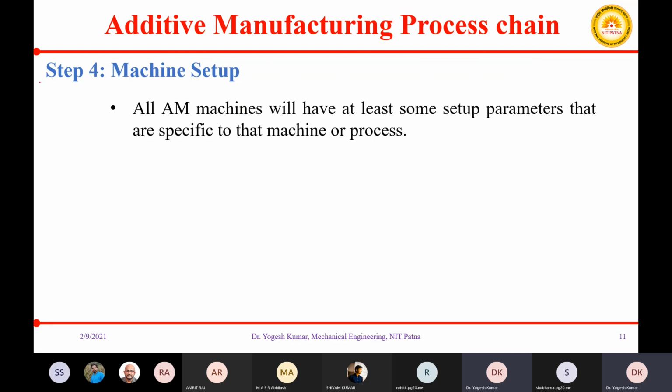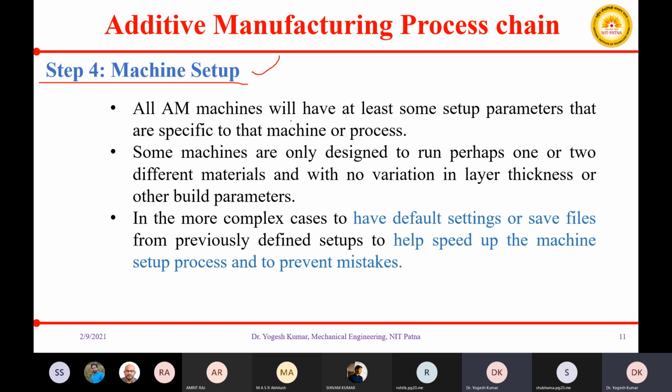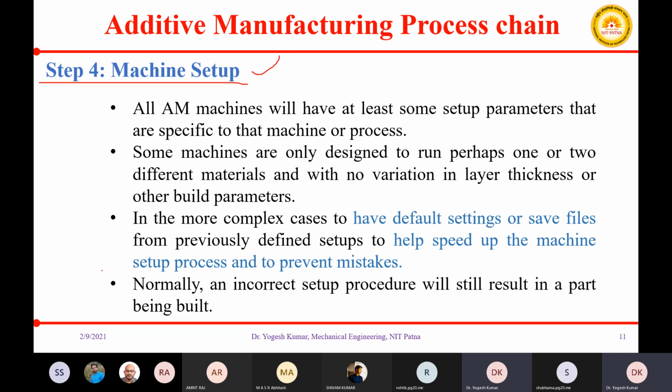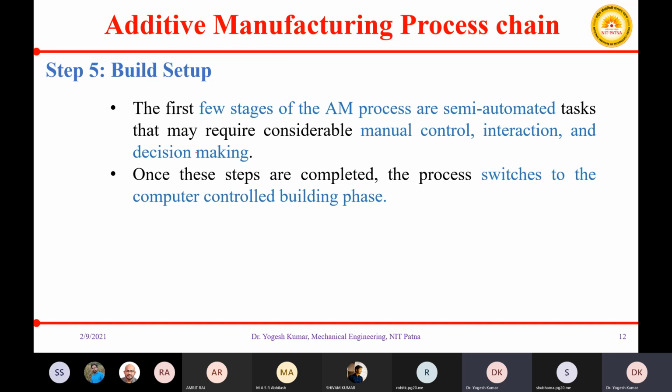Then your fourth step is machine setup. There are some initial machine-specific parameters that you need to set. These will depend on what kind of machine you have with you. I expect that you read all these bullet points, which I have kept in my PPT for clarity. Then there is build setup.